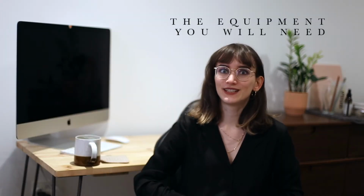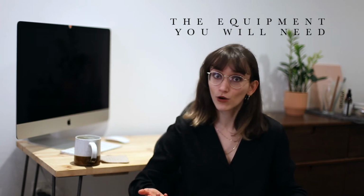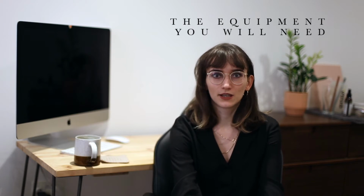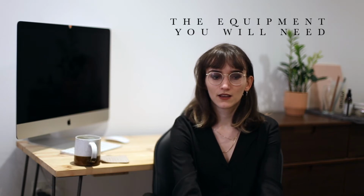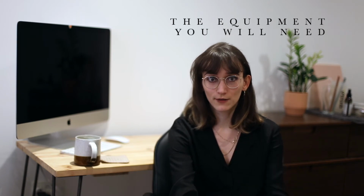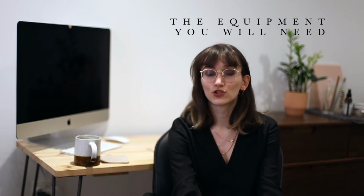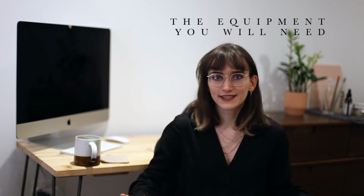Yeah, the only equipment that you will need is just a camera. You can have a cheap camera, you can just have whatever might be lying at your home already. Don't think that you need to buy the most brilliant professional level camera with really expensive lenses or whatever. You can just use whatever you have. And I think actually using a cheap camera, I started on a very cheap $200 camera that I got for free as a gift from one of my relatives, and it was just the most amazing thing, because I had to work so much harder to get great pictures, because the camera wasn't that brilliant in itself,